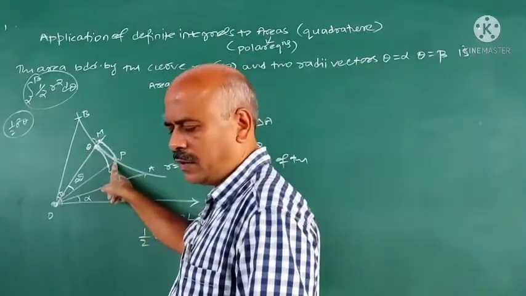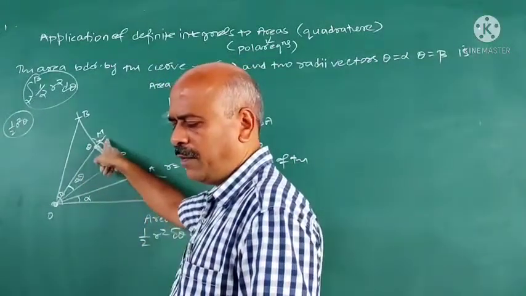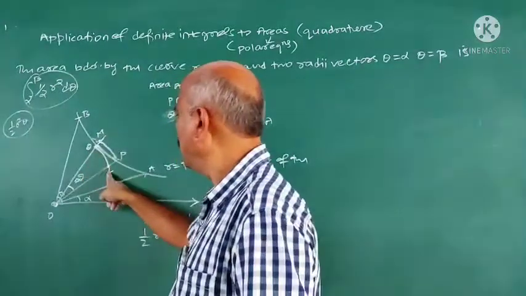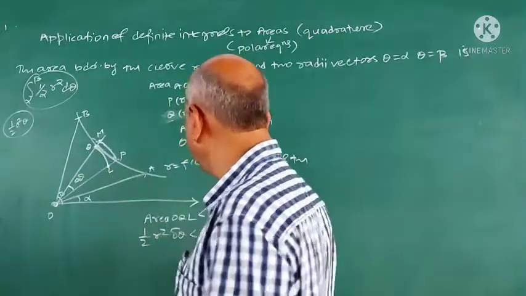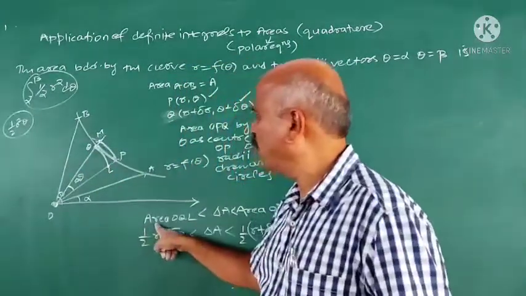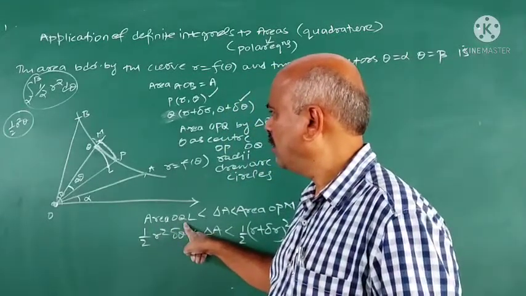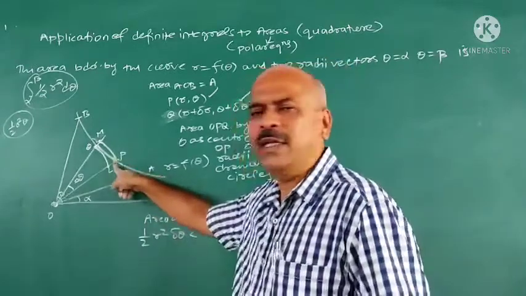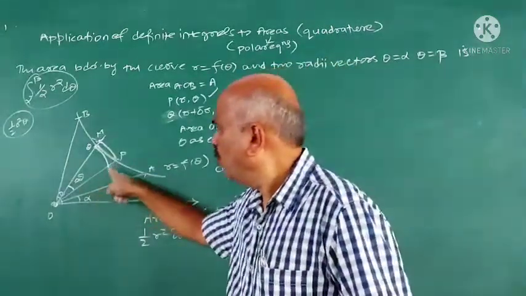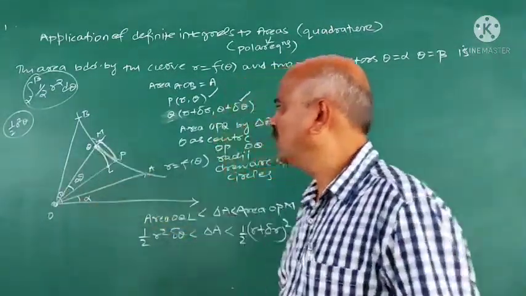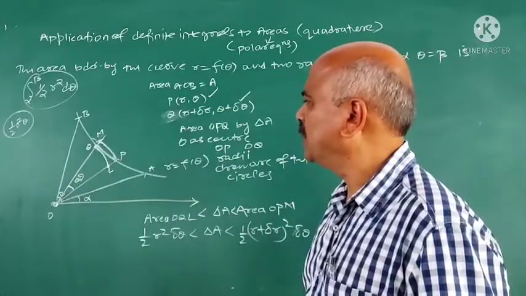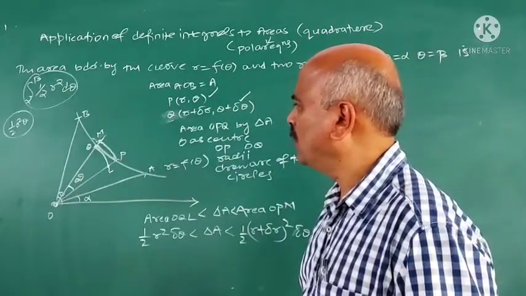From P, just a minute, PM and QL. So this area delta A is greater than area OQL. But I think here in the diagram, OP seems to be greater than OQ, isn't it? OP seems to be greater than OQ. So